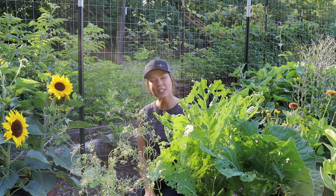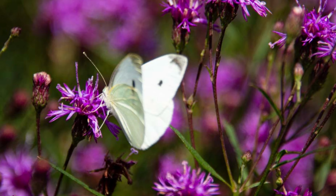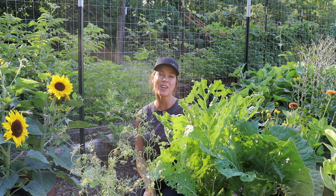Now, the internet is full of wacky ideas, we all know this. One that I came across earlier this year was the idea of using decoys. The claim was that with imported cabbage worms, or the cabbage white butterflies, they're territorial and they won't come and lay eggs on a plant where they already see an adult butterfly working. So you make these little decoys that look like cabbage butterflies and put them near your brassicas to prevent infestation